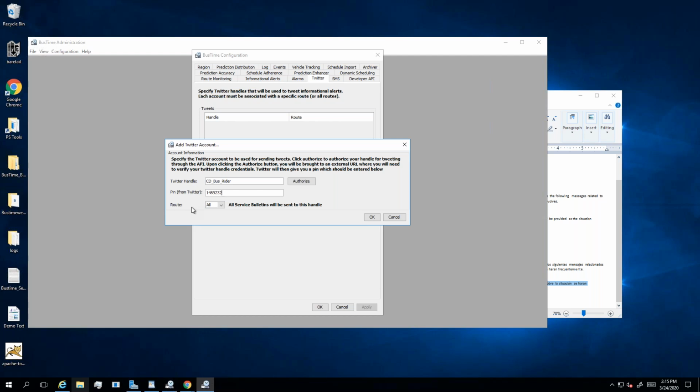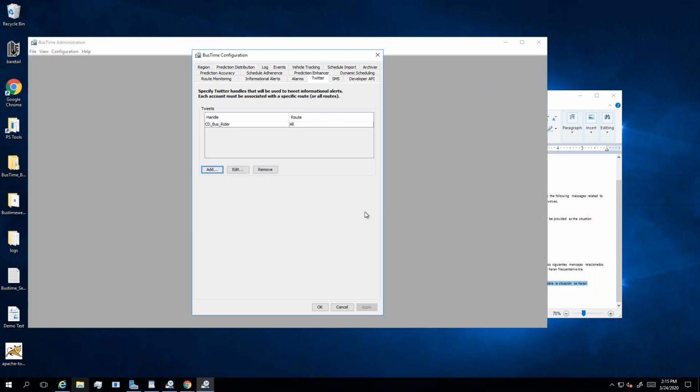That's how many of our partner agencies have unique feeds for individual service alerts for a given route. We'll leave this account to handle service alerts for system-wide information, and then select OK. And with that, Twitter is configured for use with BusTime.